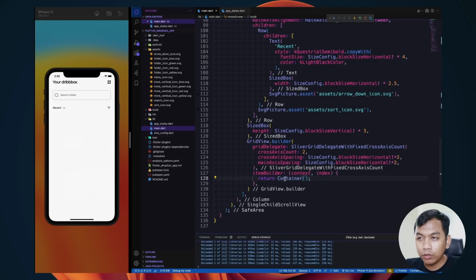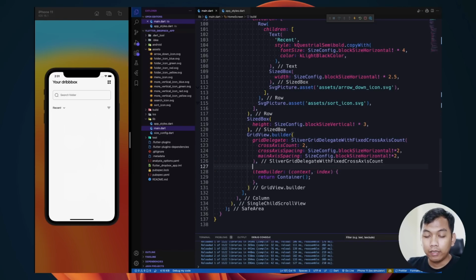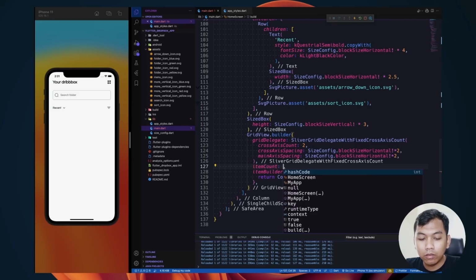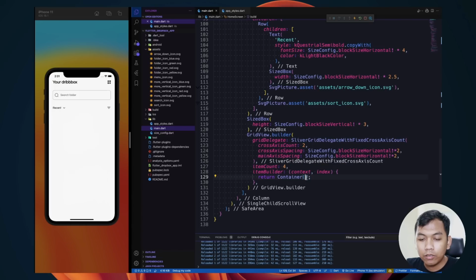And we need to focus here inside our container. And the next step, we need to set item count. So for now let's set it to 4, and let's go into container,